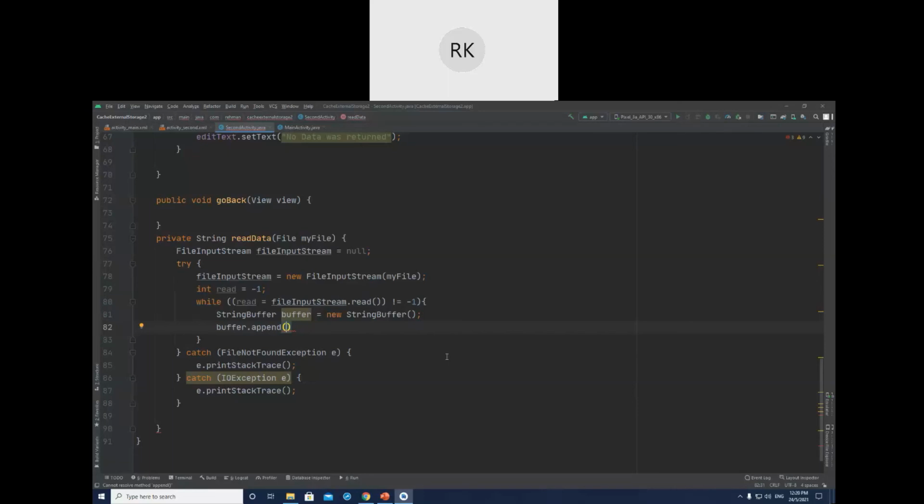So just put char in brackets, and after this put what was read, because the character is there in the read. So read a character, convert to a character, and append it to the buffer. This process will be continued until the end of the file.